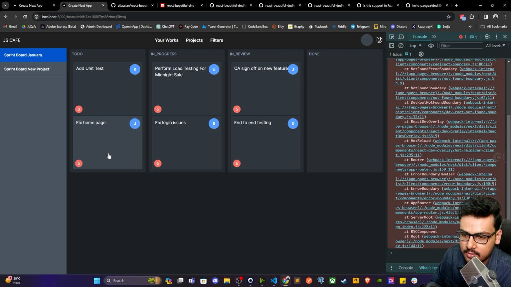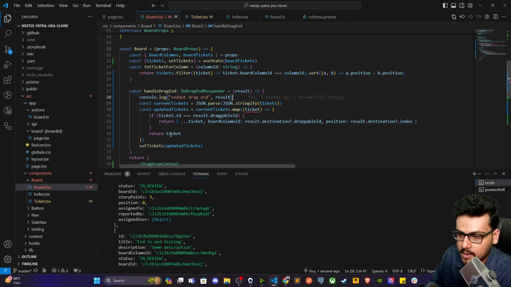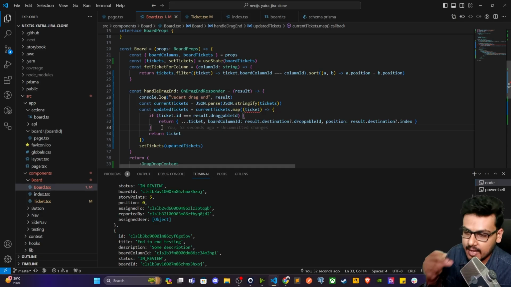The issue is that this fix homepage is having index 1. This login issues is also having index 1. The moment I drag this over here, it got appended. It looks fine, but under the hood, the ordering is something like position 0, 1, 1. But instead, it has to be 0, 1, 2. That's what we want. So we have to increase the indexes of all the following tickets. What I mean by that is,